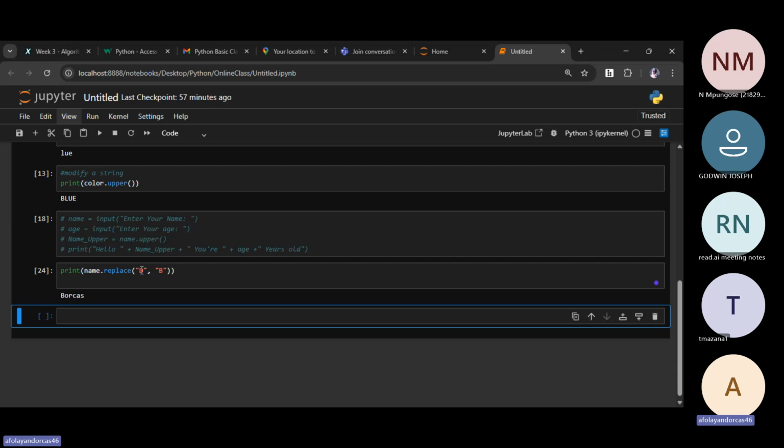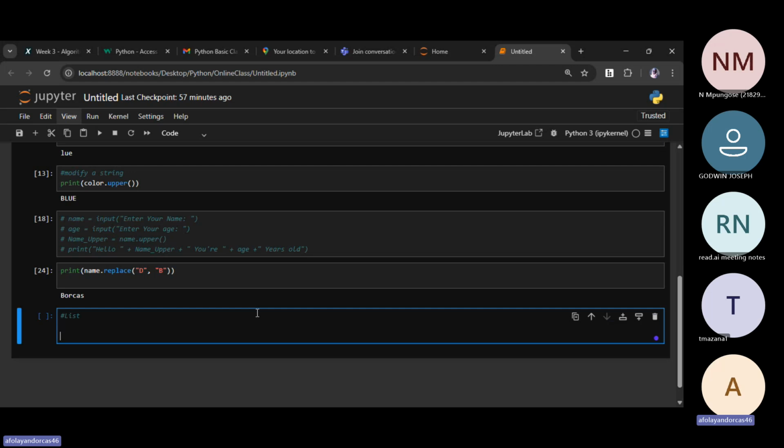So now we are going to go to lists, finally. A list is a collection of items, so it's not a single word now. If you have a lot of items you want to store, like colors, then you have what you call a list.